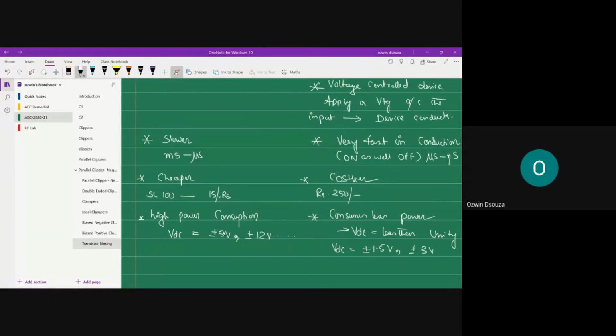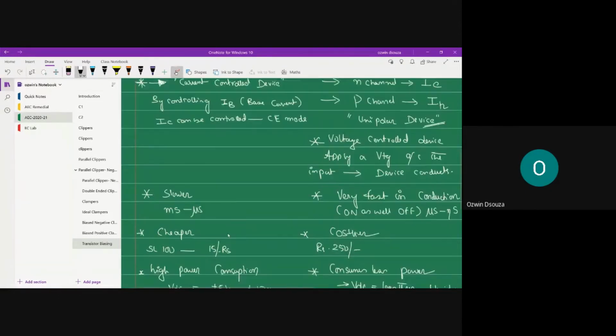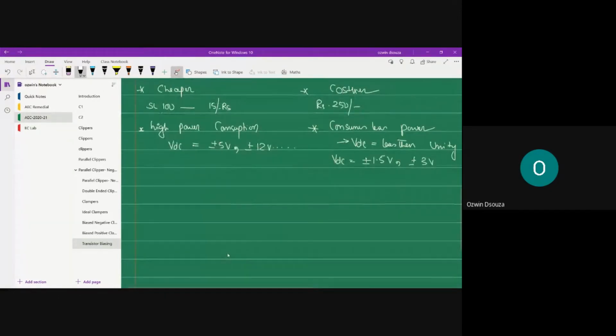So these are the major differences between MOSFET and BJTs. MOSFET wins the competition over BJT majorly on two aspects. It requires a relatively lower power level to operate, and it has very good switching characteristics. That means the device can be made on and off within a fraction of a second. So these are the winning criteria for MOSFETs.